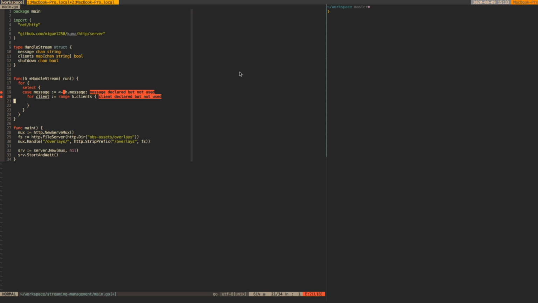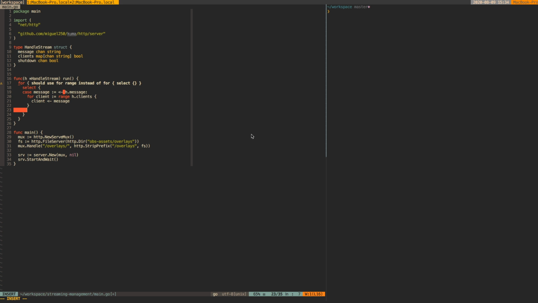The goal here is to be able to take a message, add a message into the message queue, and then take that message and forward it to all the clients. To do that, we could do client, and the syntax for this will be message. So we're taking the message and then forwarding it to the client. Let's see. Oh, I've never seen that one before. And then the next one, this is another case here, which will be for the